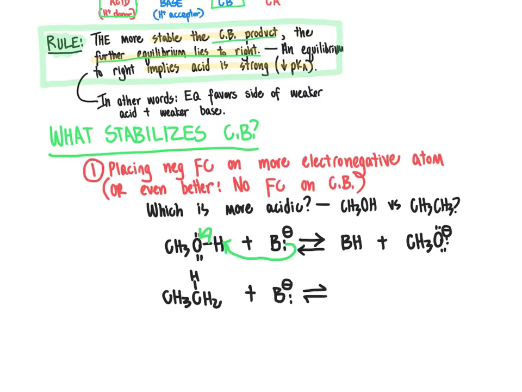Fill in my lone pair electrons there just to dot all my i's and cross all my t's, so to speak. We come down here to our reaction of ethane with our base. Our base comes over, uses its lone pair of electrons to grab that proton from ethane. That forces the carbon-hydrogen bond to break here, and the electrons from that bond to go on to the carbon. So we'd end up again with BH, and we'd end up with CH3,